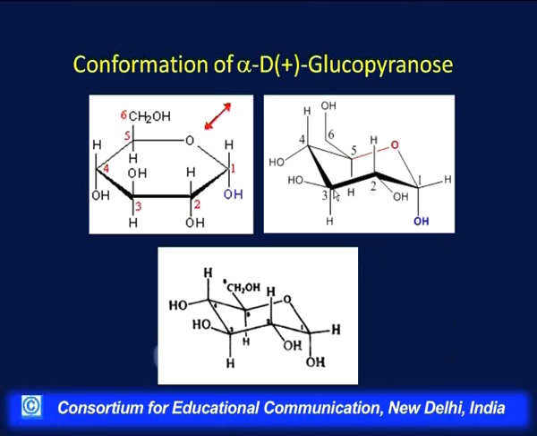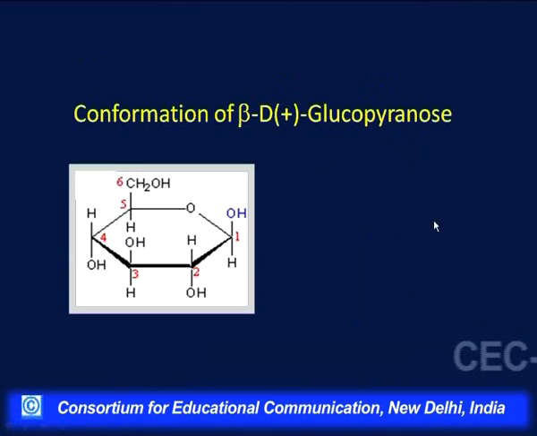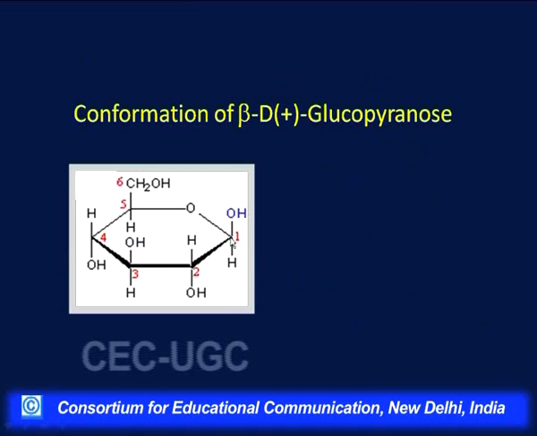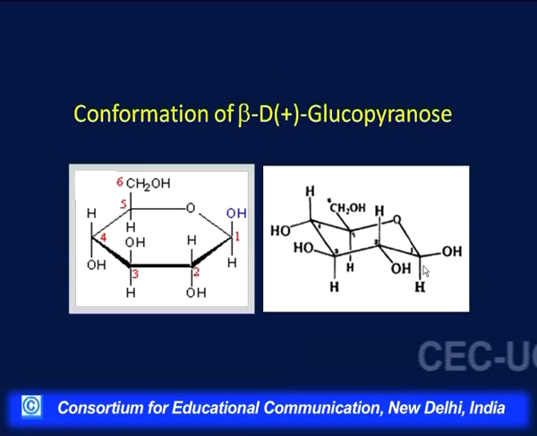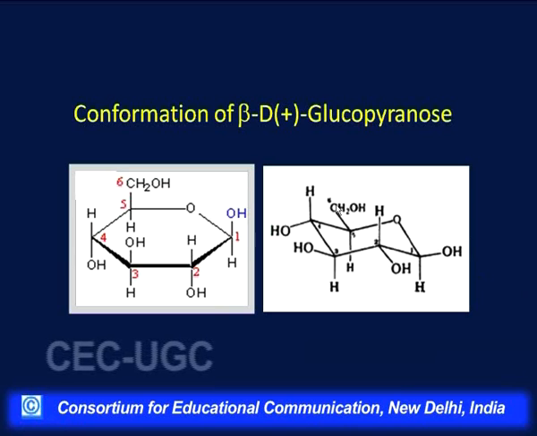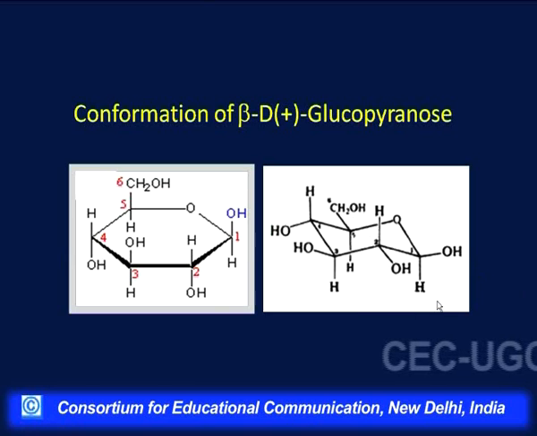And if we do not draw these thick lines because it becomes difficult to draw, we can draw the planar lines like this. So, all other positions of the groups remain the same as here. Then the conformation for beta D plus glucopyranose, we can similarly draw. Now, when this carbon number 1 is pushed downward with respect to this oxygen, then this hydroxyl group will occupy the equatorial position, and this CH2OH also goes in the equatorial position here,